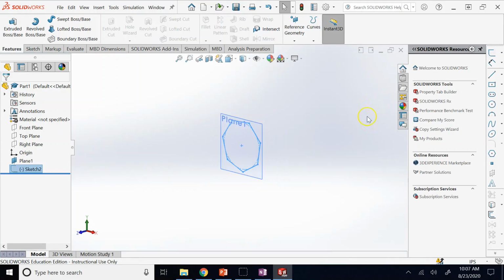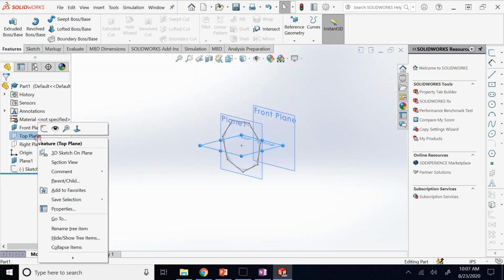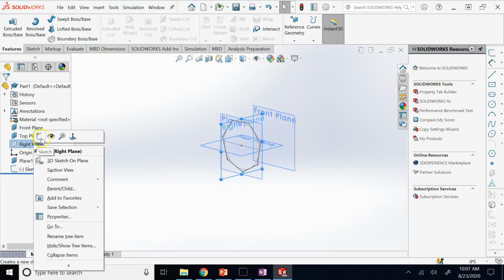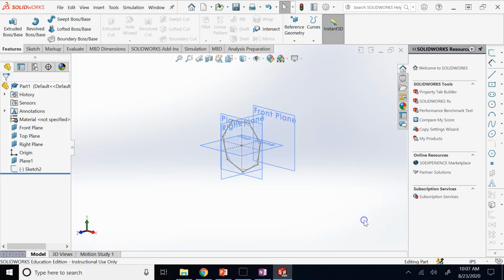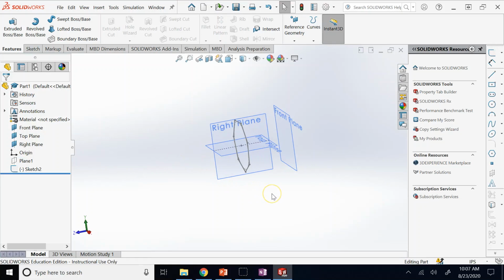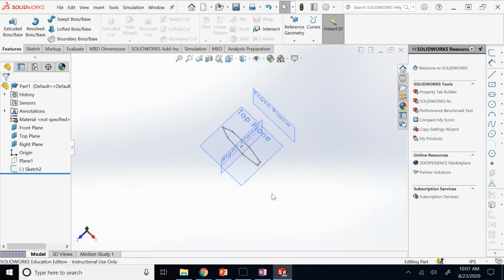Right? And if I don't need to see those planes, because if you see the front plane, top and right are hidden, right? So when you click on them, they appear, but they are hidden. You can show them if you want. You can make them visible all the time. You right click on them and show them. But by default in SolidWorks, these planes are basically hidden in the beginning so that they get out of your way,